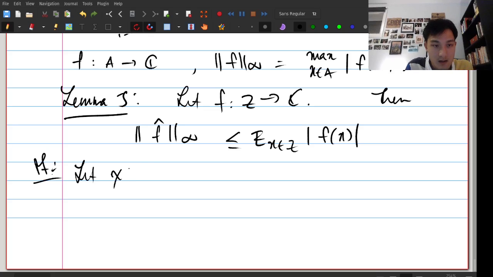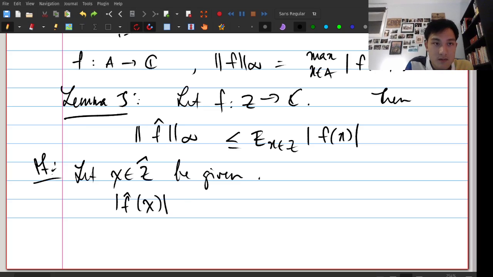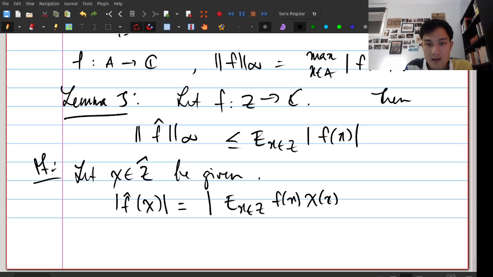Proof. Let chi in Z hat be given. Because this is a max right here, that's why we'll just let a chi be given to apply f hat on. Then with this chi, we will have f hat of chi is equal to, f hat is just taking the inner product of f with chi, so the expectation of x in Z of f of x times chi of x bar. And that's less than or equal to,